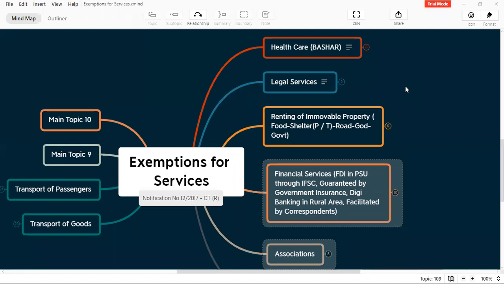Because here, more than the conceptual clarity, we also have to have the memory as regards these particular areas. So we will start with